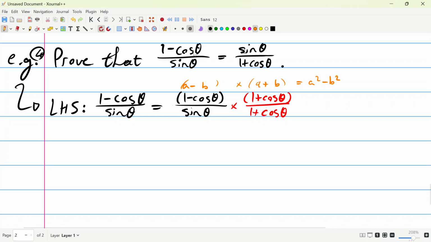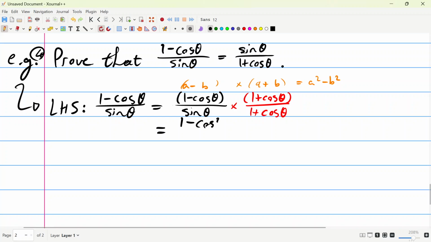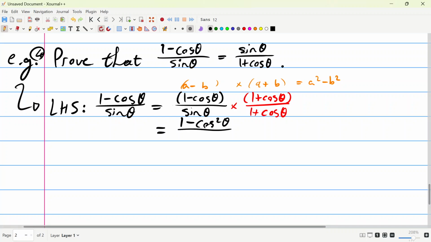So in the numerator, we have (a minus b) times (a plus b), which is equal to a squared minus b squared, where a is equal to 1. So 1 squared is 1, minus b squared, which is cos squared theta. This is divided by, also notice we reduced it to this form now,